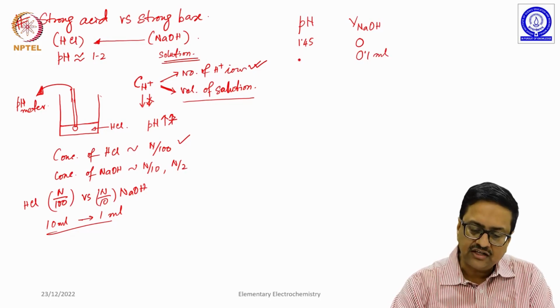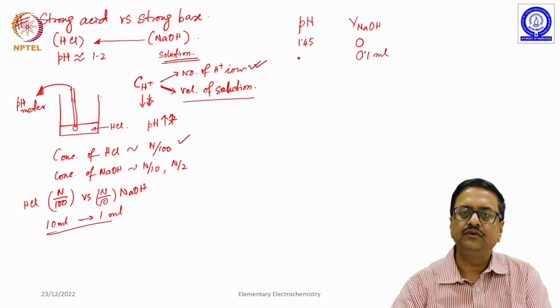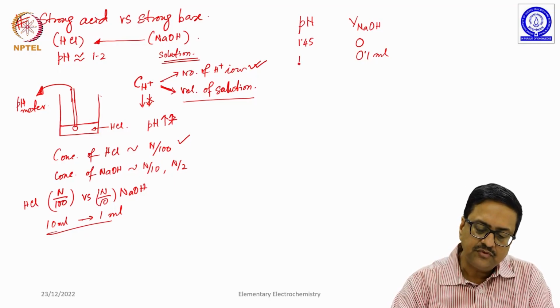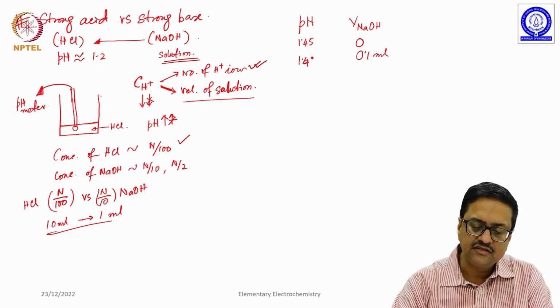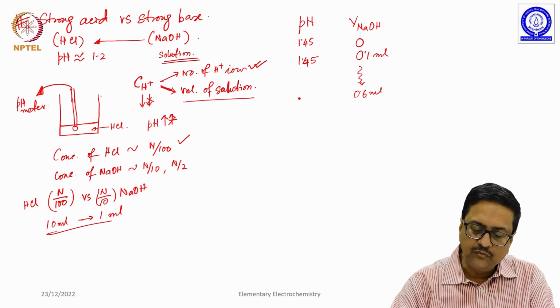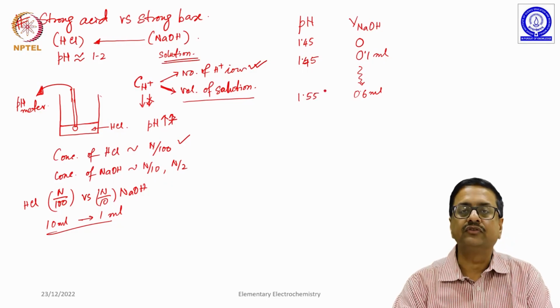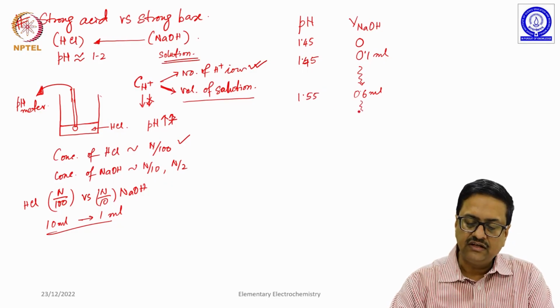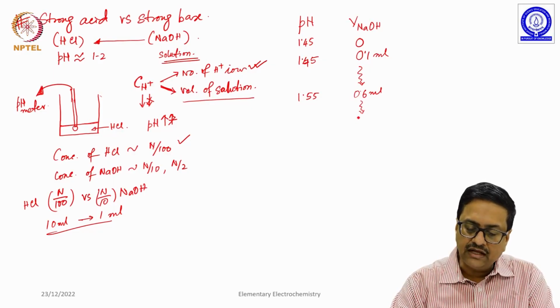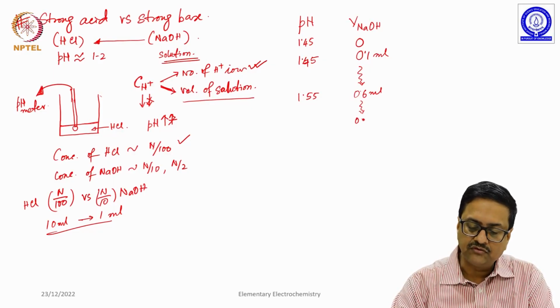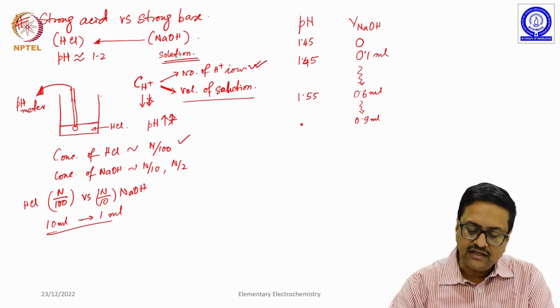for strong acid, what you will see is that this HCl is fully dissociated. As a result, the pH will not change significantly. It may not even show any change initially. So, up to about 0.5 to 0.6 ml, you may only see the pH increasing from 1.45 to 1.55 or so, not more than that. Then slowly, when you are increasing to a neutralization point, suppose about 0.9 ml, you may end up seeing that